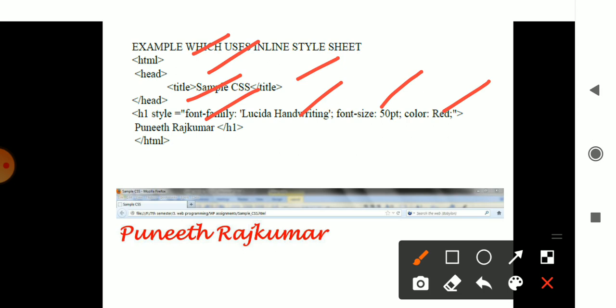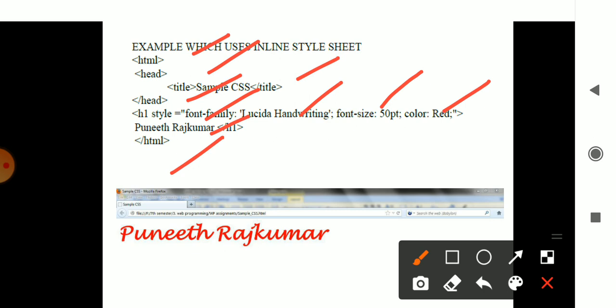So in the heading line only, I am specifying the font size, style and color, and here you have the content, that is Puneet Rajkumar. In that particular heading section only it is present. Then HTML close. This is your end line. In that line only it is specified.